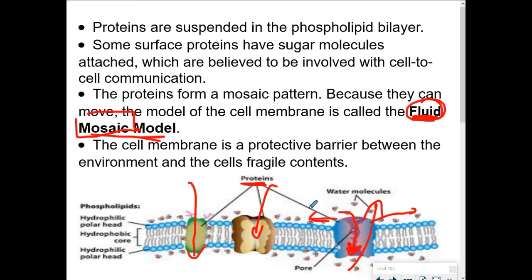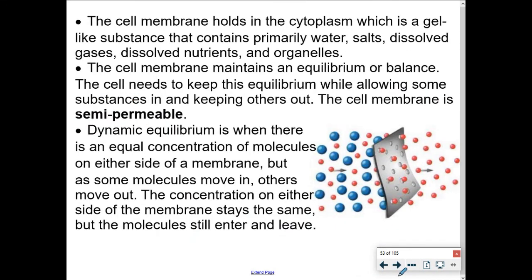I'll go back to the slide. We go to my last slide. This is where we're going to finish. The word that we described called